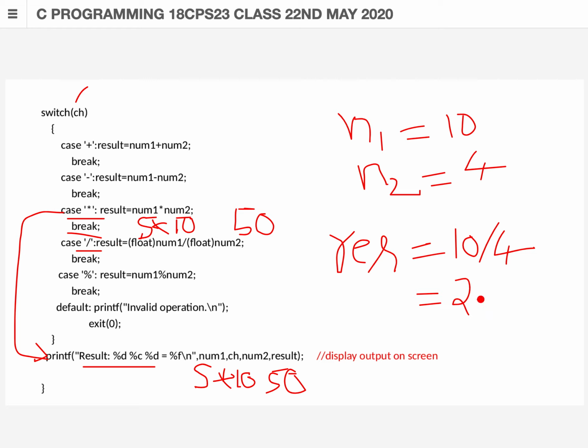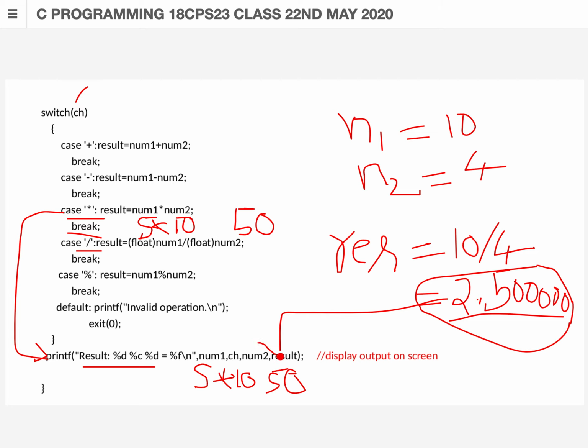So 2.5 will be displayed as the resultant along with the zeros appended. Always a floating point value is appended with 6 zeros after the decimal point, so 2.5 followed by zeros will be displayed on the output screen for that division operation.